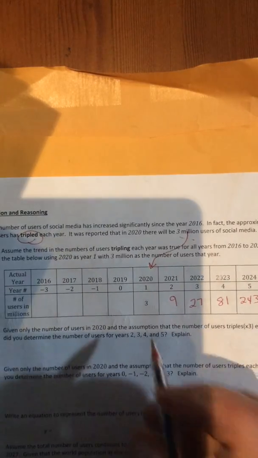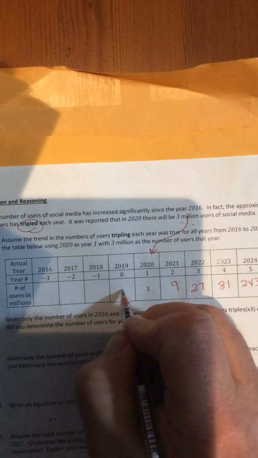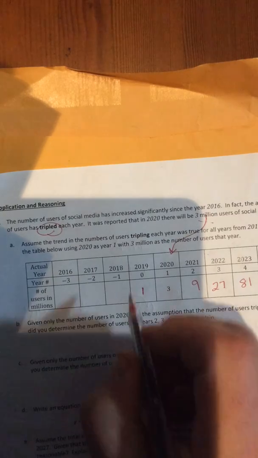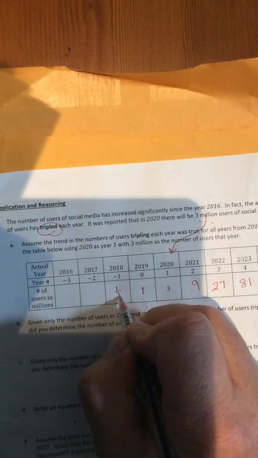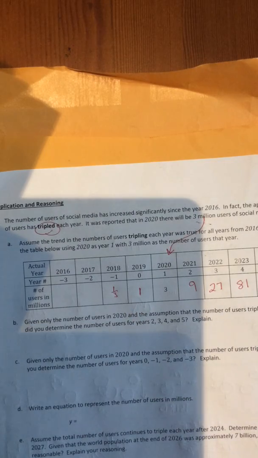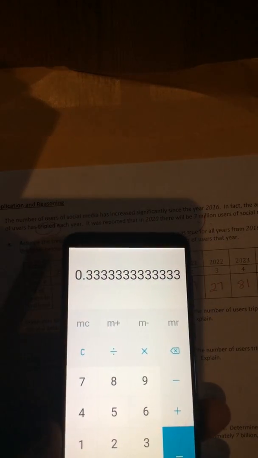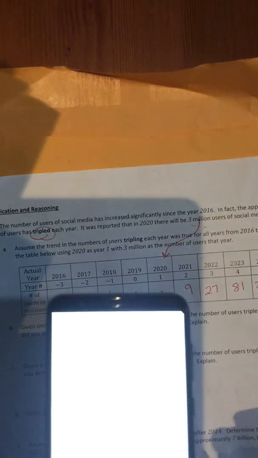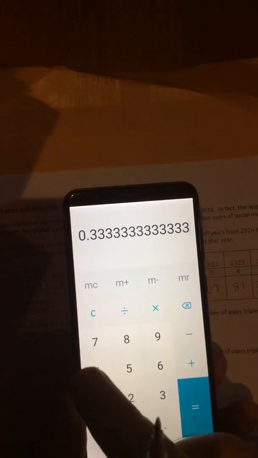Now, dividing it going the other way, 3 divided by 3 is going to be 1 million. Now, you could have just put 1/3. 1 divided by 3 would have been 1/3 of a million. Some people did that. Some people went right to their calculator and rounded it. So that's okay too. So if you just put something like 0.3, that's fine. And then if we take that and divide it again,